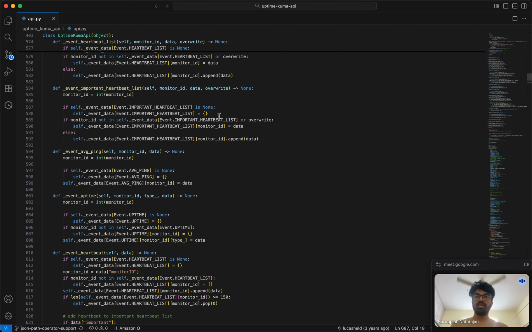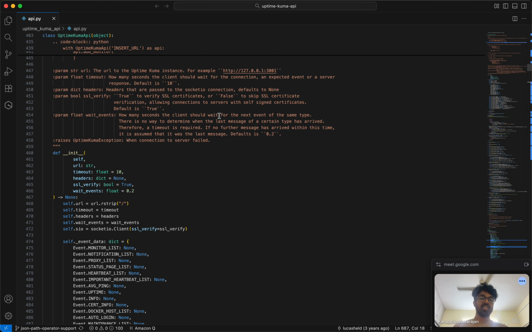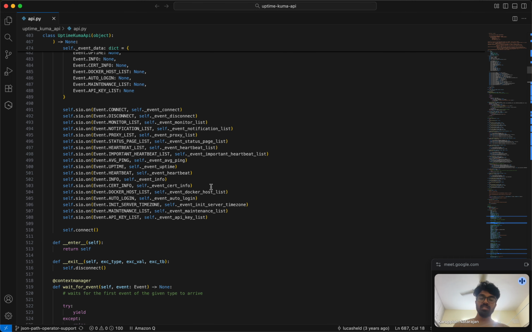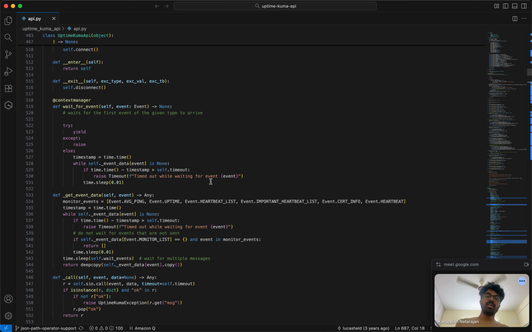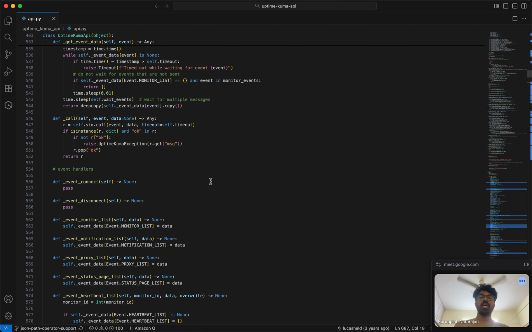So this Python library does a lot of checking, but the only problem is even this library adds extra data to the monitors, which is not needed. For example, for an HTTP monitor, it'll add DNS monitor related stuff. And the craziest thing is when you try to edit a monitor, when it gets the monitor from the Uptime Kuma API, it'll check. I had created the monitor using a different API, a JavaScript client library, and then I used the Python library to edit it, and I couldn't, because it gave an